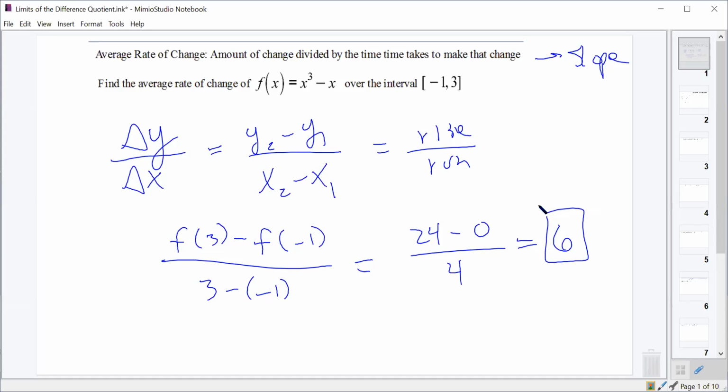I'm not asking you to do it. I'm just asking if you could do it. Could you do that? Yeah. You could find that slope between negative 1 and 4. Would you be annoyed that you had to do it? Because it was so easy? Probably, yeah. And then if I said, all right, find the slope now of this function between 2 and